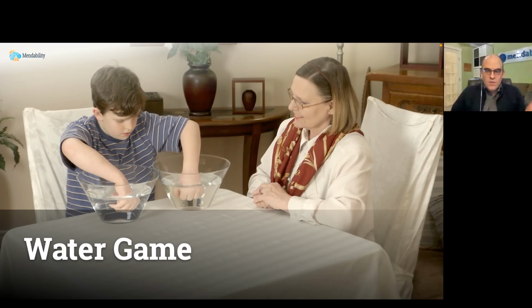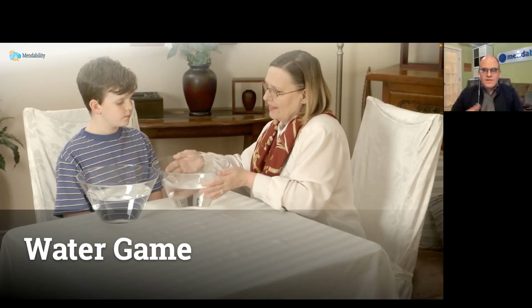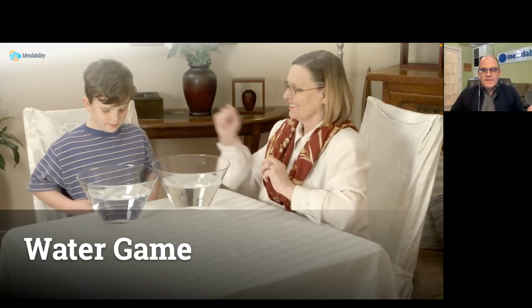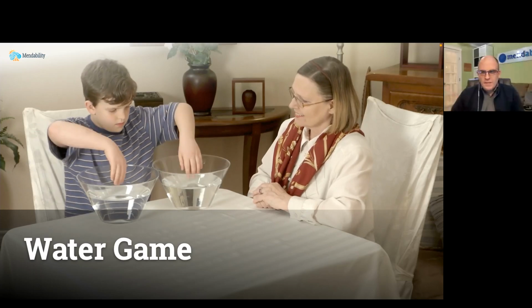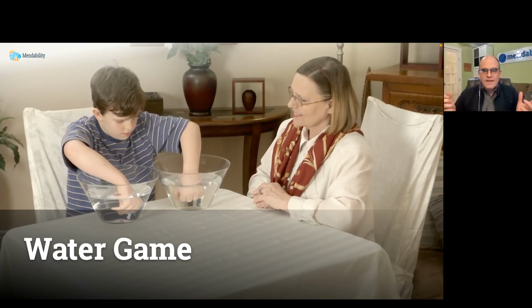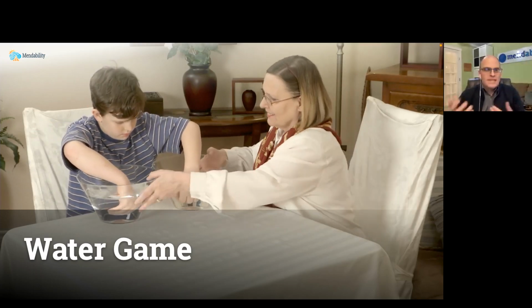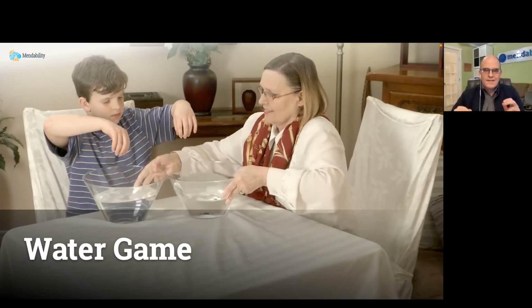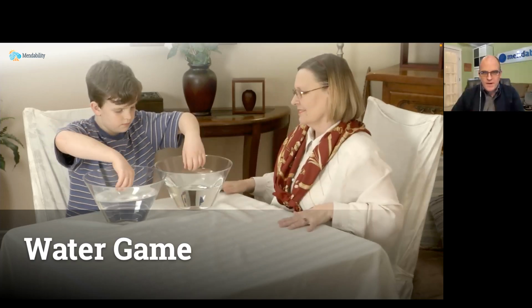One bowl has warm water, maybe bath temperature water, and the other one has cold water. And the kid dips his hands. I'm going to play this video while I'm doing this. You dip your hands simultaneously into the bowls, and then you take your hands out briefly, then you switch the bowls, and then you dip again, and then you switch again, and do that two, maybe three times. You try not to touch the sides of the bowls, and I'm going to explain why.